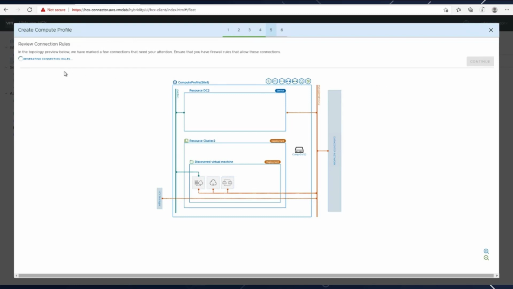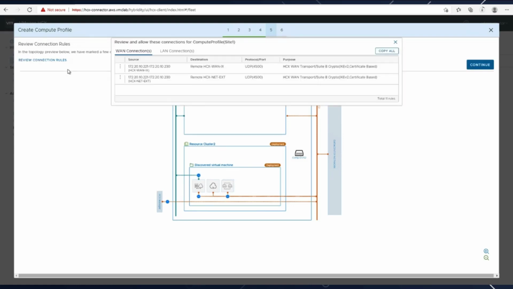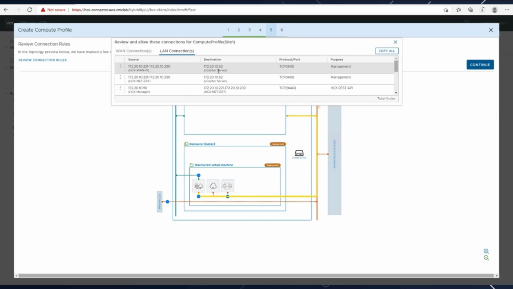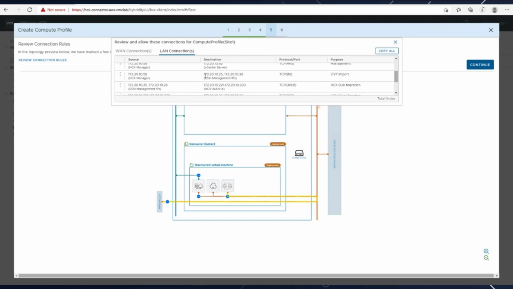It's going to generate a set of connection rules, which are firewall rules that you should evaluate whether you need them or not and make sure that they're in place before you proceed. You can see here that I have WAN connection rules that I should make sure that my source IP addresses that I selected as part of my network profile can reach the remote HCX appliances. Similarly, there are LAN connections between my vCenter server and my HCX appliance, and my ESX servers and